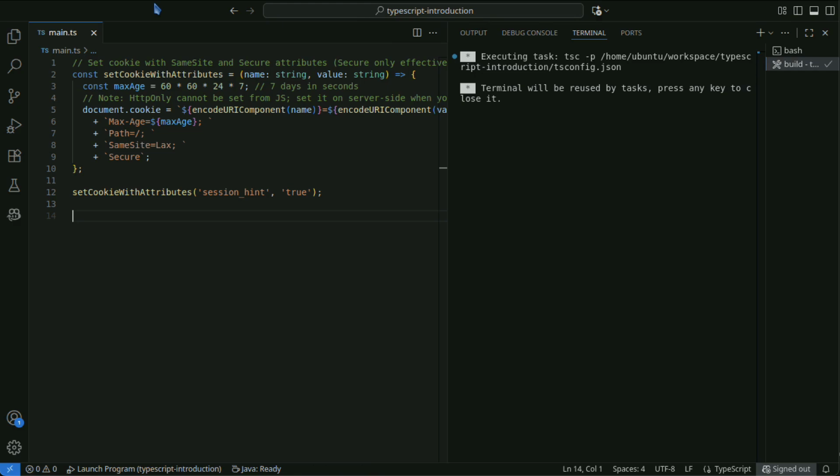SameSite=Lax is a safe and common choice. For stronger restrictions, use SameSite=Strict, but legitimate navigations from external sites may stop working.